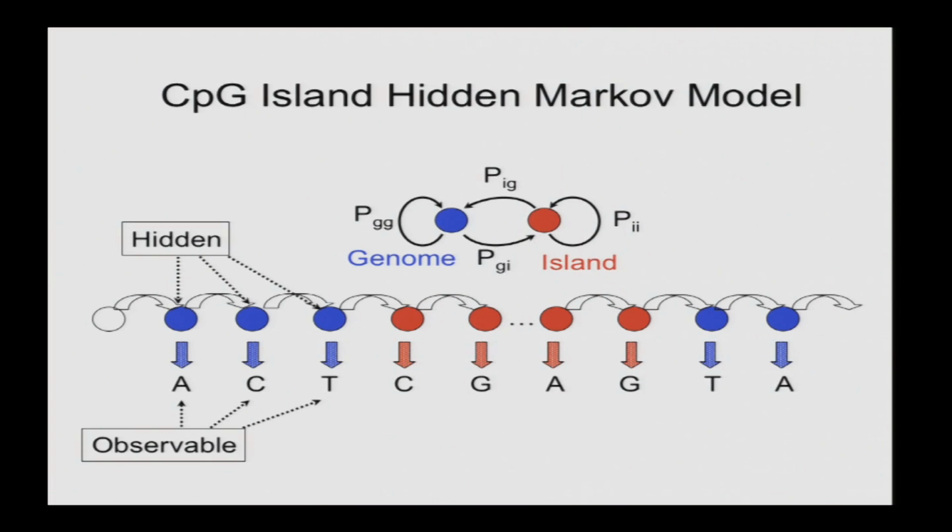So we have 2 states. We have a genome state, the sort of generic position in the genome, and then we have an island state. We have the simplest possible transitions. You can go genome to genome, genome to island, island to genome, or island to island, so that now you can generate islands of arbitrary size interspersed with genomic regions of arbitrary size. And then each of those hidden states is going to emit a single base. So a CpG island in this model is a stretch of I states in a row flanked by G states, if you will. Everyone clear on this setup?